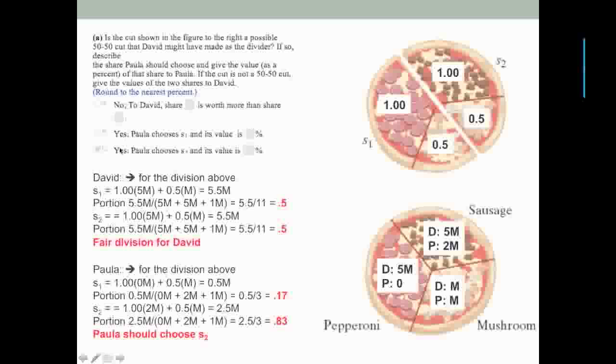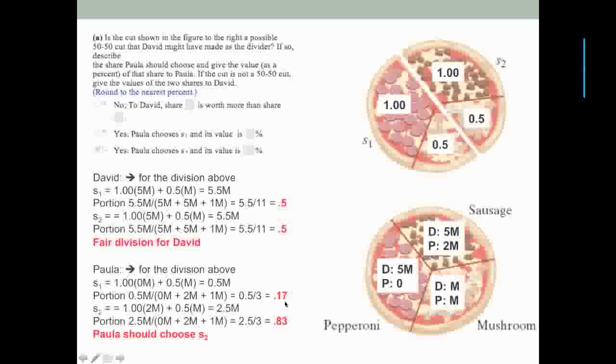We now know that we can answer either B or C, but we need to see whether it's S1 or S2 that is better for Paula. So we need to move on and do Paula's computations as well. So for Paula, we start out with S1. We have 1 times, oh my, she valued pepperoni at 0, so 1 times 0, plus 0.5 times M gives us 0.5M. Dividing by her total valuation of the pizza pie, or 0M plus 2M plus M, which is 3M, we have 0.5 divided by 3, or